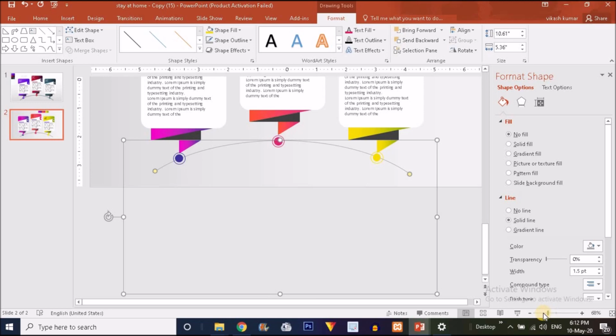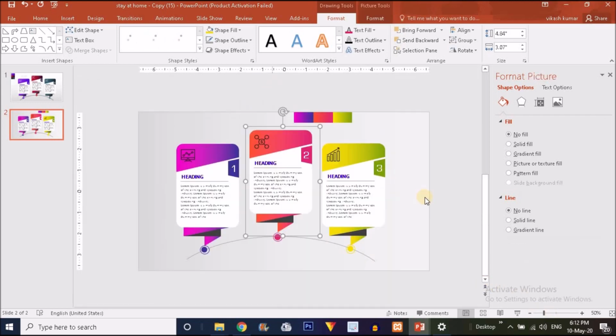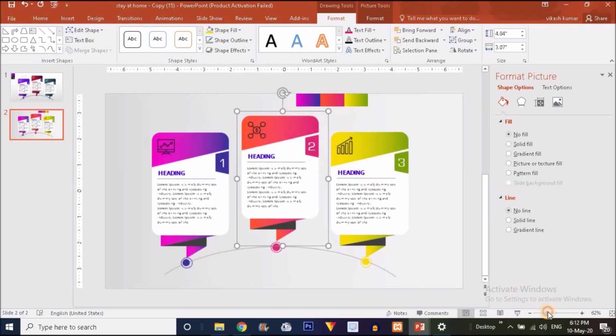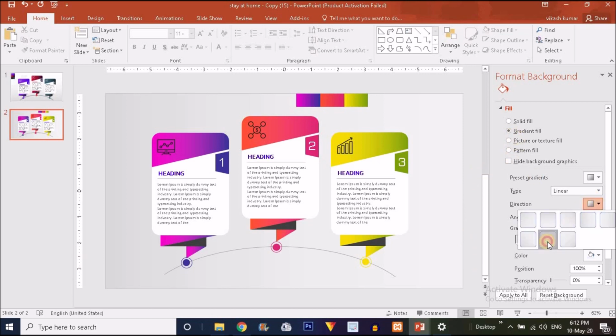Now done. Now the infographics is ready, but for the final touch I'm going to change the direction of the gradient to this.